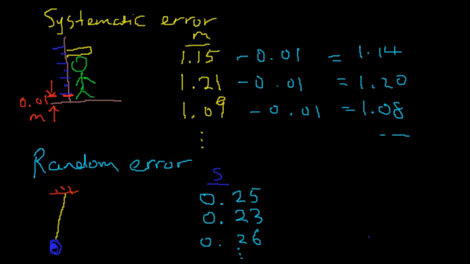There's no fixed pattern to it, unlike the problem with the ruler, which was off by the same amount from the ground for every measurement. In this case, every time we start and stop the stopwatch, we could make a slightly different error depending on how fast we respond to the pendulum. So these types of errors are called random error. There's no fixed pattern to it, and it can keep changing, and the answer can always be a little bit different, but it will always stay around perhaps some average value around